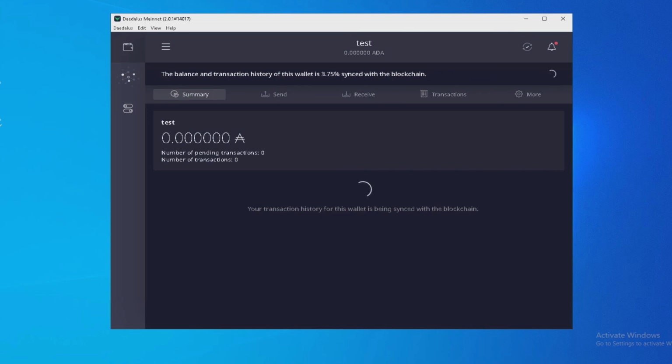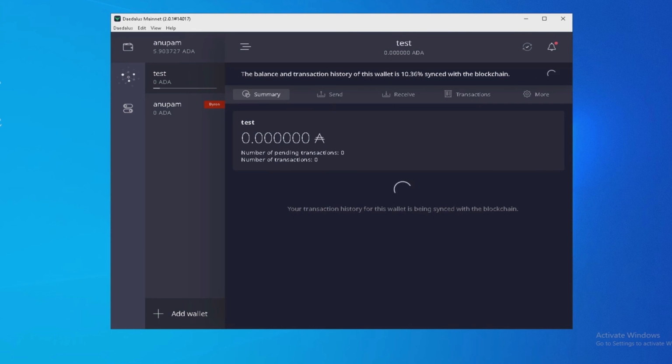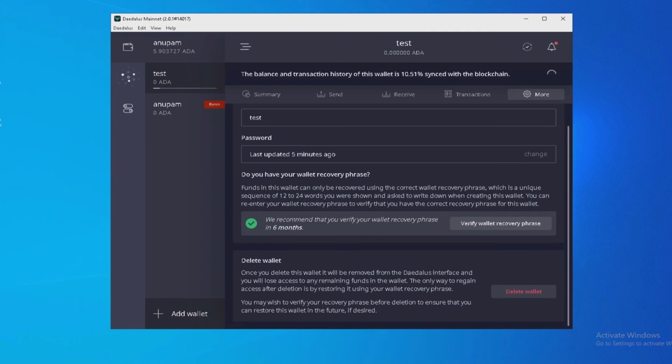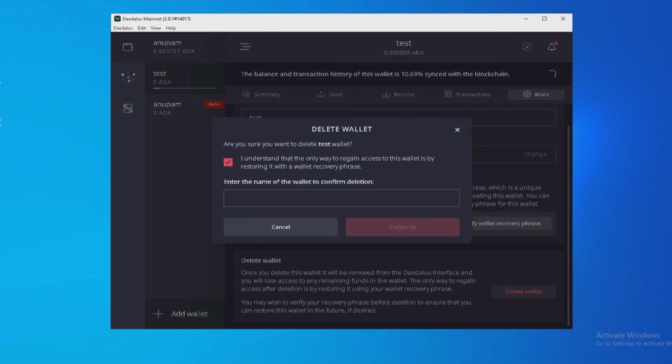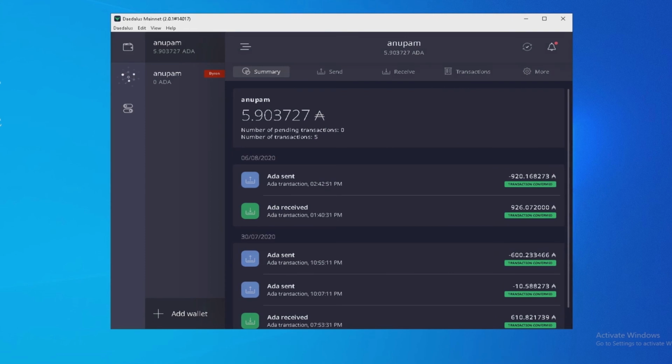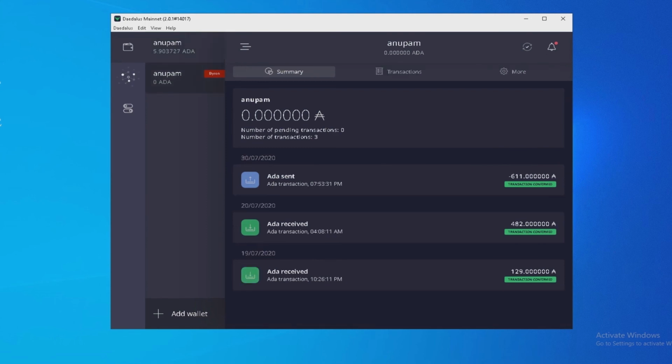Now I will delete that because I don't need this wallet. So I will delete it. So the wallet has been deleted.